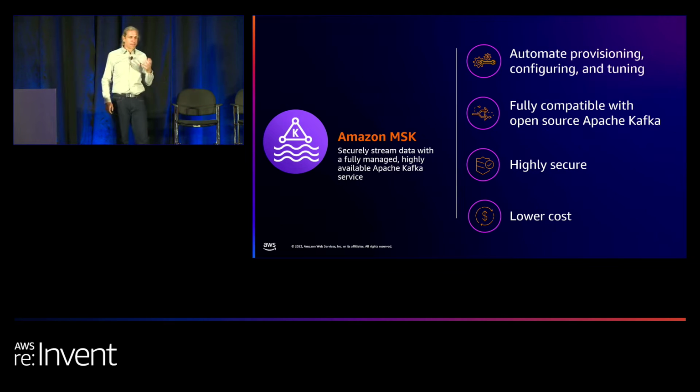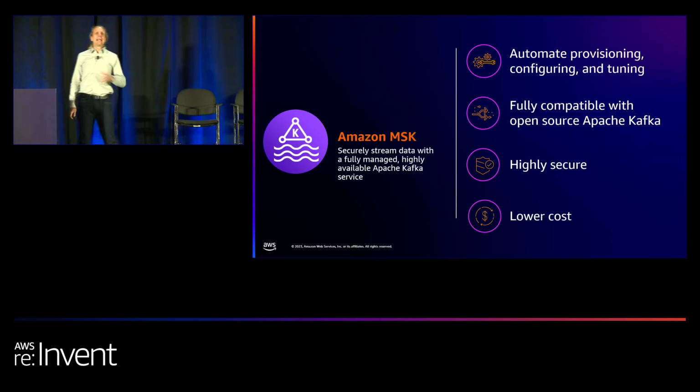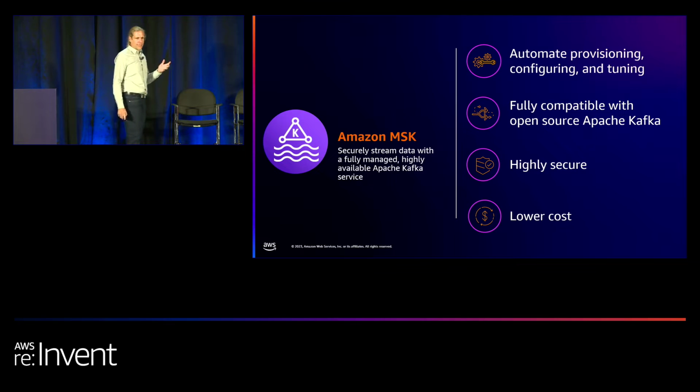within your organization. The point of MSK is so your developers can focus more time on building applications and less on all that infrastructure management, because it's got automated provisioning, configuration, and lots of performance tuning built in. And that's not just the Apache Kafka, it's also the Kafka Connect clusters as part of that. It just manages for you. Of course, it's fully compatible with open source Apache Kafka. So if you've already got applications and tools that are built for Apache Kafka, out of the box there's no application code changes required, and that's obviously super helpful.